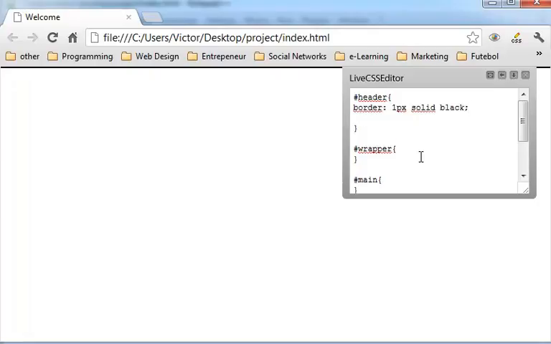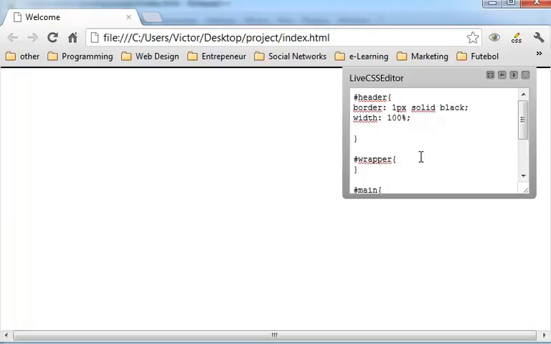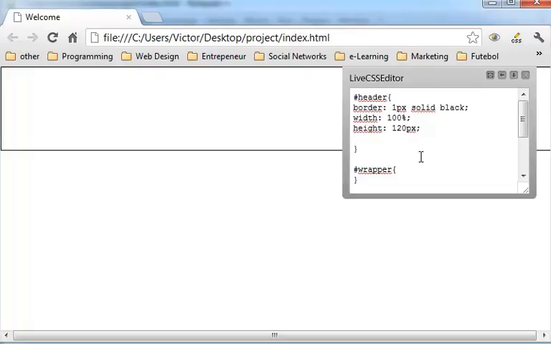Okay, and let's give it a width of 100%, height of 120 pixels, and as you can see, we can already check that CSS is running live in this page. Okay, you can see the border here, black border. So it's pretty awesome, a cool feature that you can use to see live that your CSS code is running perfectly